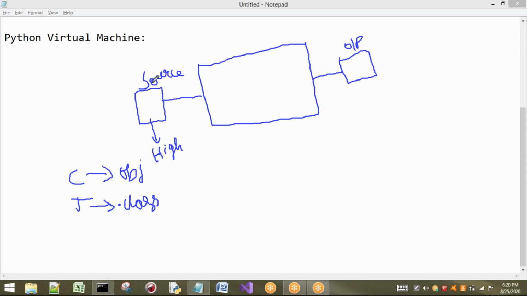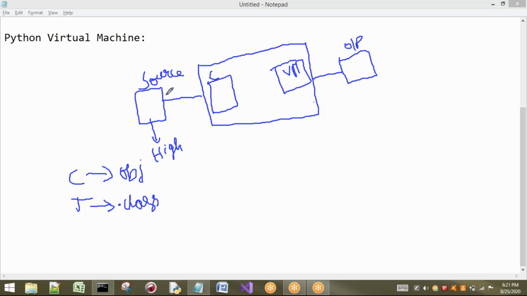Anyway, don't worry. Now see, the source code is there, and I am sending it to one unit. I will explain what happens. This first unit is called a compiler. But in the previous C programming and Java programming, we compiled separately. Here, in one single unit, all the components will be there. One is the compiler, another is the interpreter, or we can say a virtual machine. We call it the Python virtual machine because this virtual machine is going to execute our program. So listen carefully now.